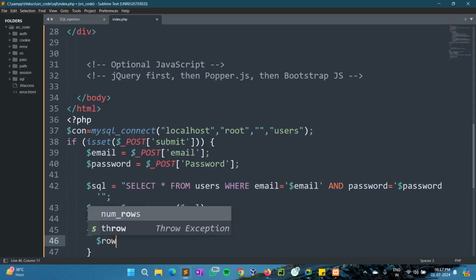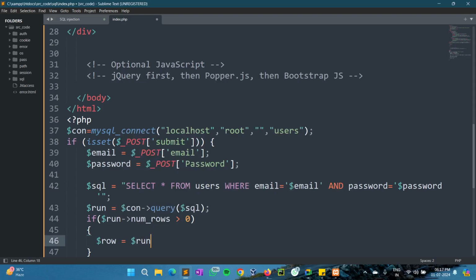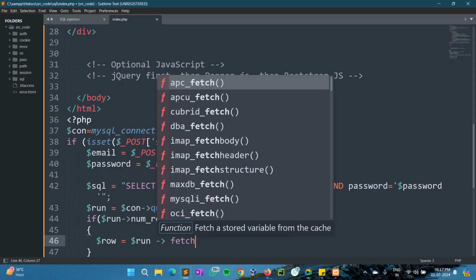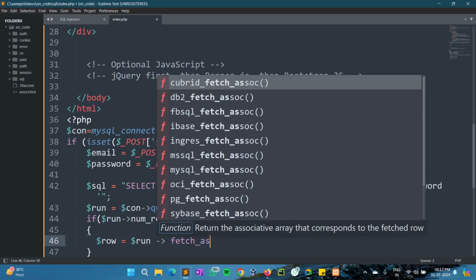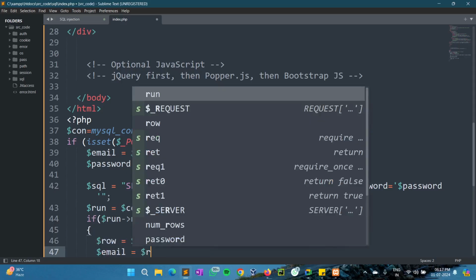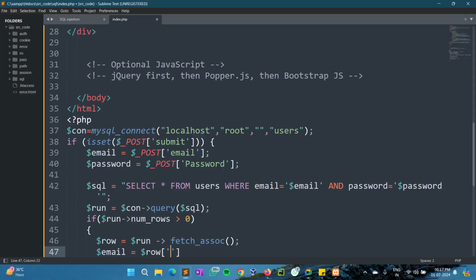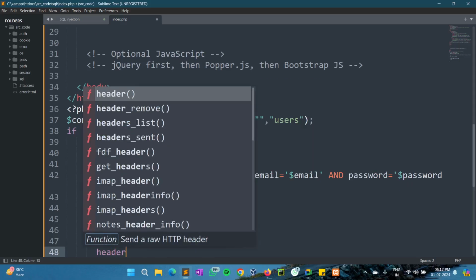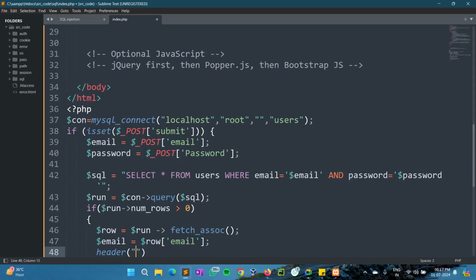So from the row, we can fetch all the data, fetch in the associative form, and then we'll verify with the email, right? What is the email for the user, and once it was verified, and the username and the password are correct,